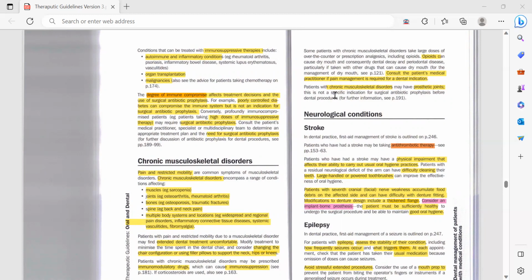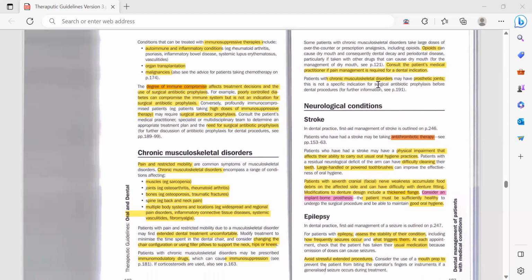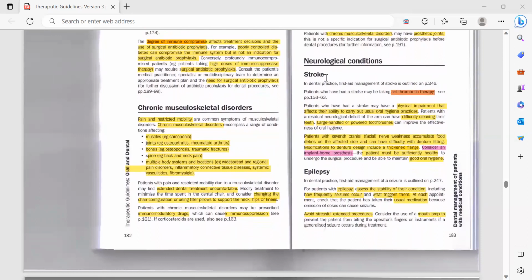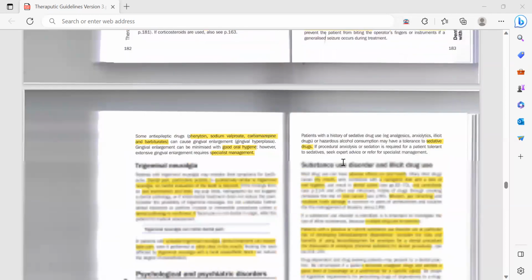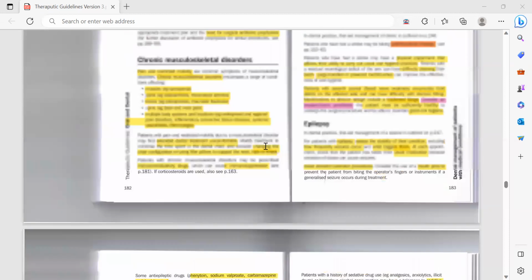Patients with chronic musculoskeletal disorders may have prosthetic joints, and this is not a specific indication for surgical antibiotic prophylaxis before a dental procedure. Then, neurological conditions. What can happen from the brain is stroke or epilepsy and trigeminal neuralgia, and we will